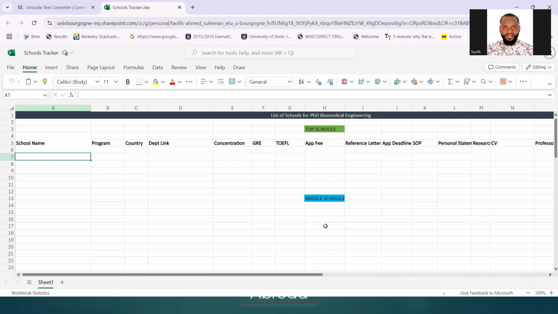So now let's see how this scholarship tracker works. Let's say I'm applying to 10 different schools. All I have to do is, when I first search for the first school, I put the name of the school here. The program I want to apply to, let's say I'm applying to biomedical engineering, I put it here. The country, of course, United States. Then the department link. The first step is I already search Google for the department that I want to apply to. So the link that took me to where I could find the information about the department,